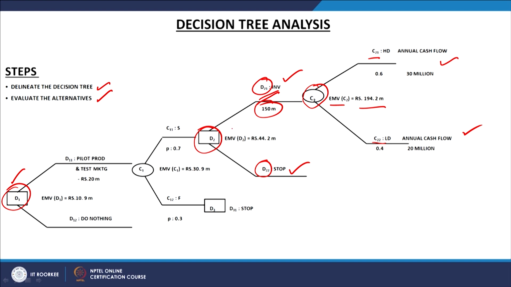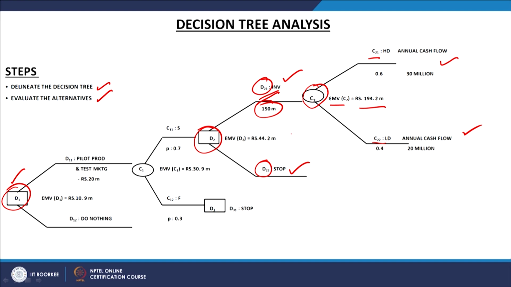But as per the 70% probability of success, we go ahead and take decision 2, where the first thing is that we will make an investment of 150 million rupees in the plant. The second decision may be not to go ahead, but because chances of success are quite high, we are going to make this investment of 150 million. So, two decisions you might take: either D21 or D22. If you take D21, this investment will be made. If we take D22, no investment will be made.